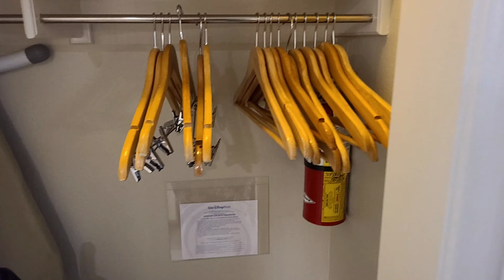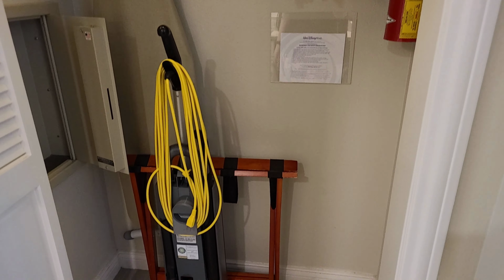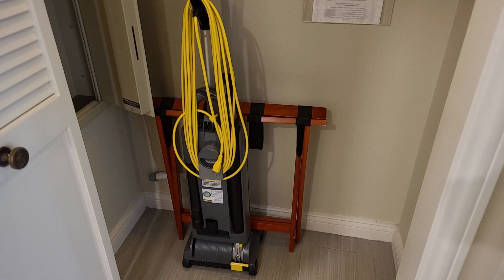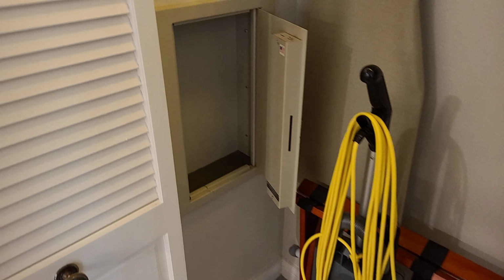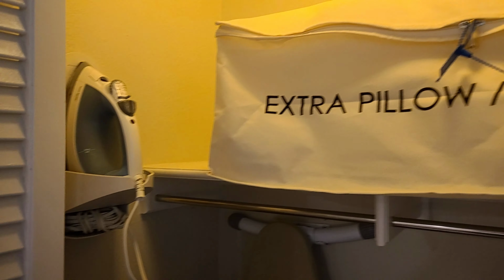Again, a slightly smaller closet with a vacuum cleaner, luggage rack, and a wall safe, which is nice. There's our ironing board, iron, extra pillows, and blanket. I'm not sure, there's no pull-out in here, so maybe just if you need an extra